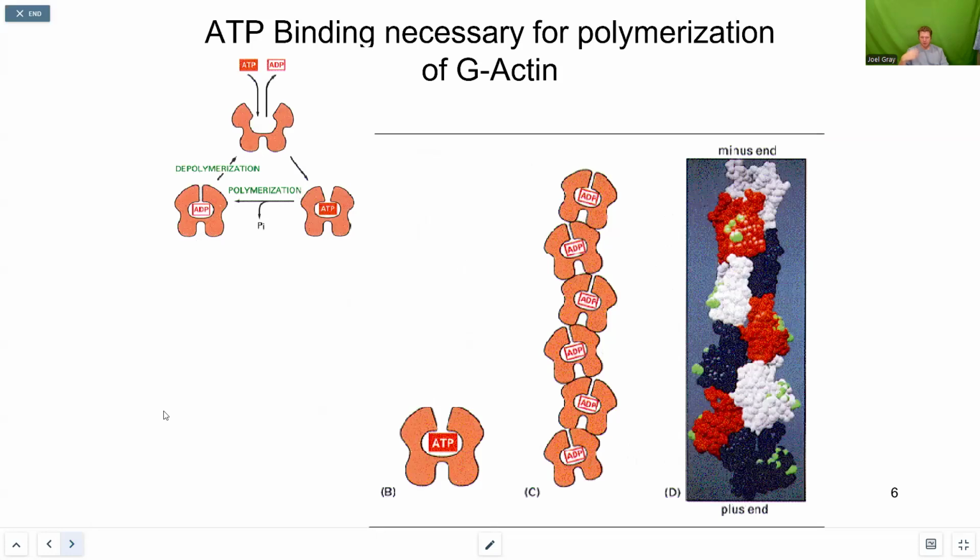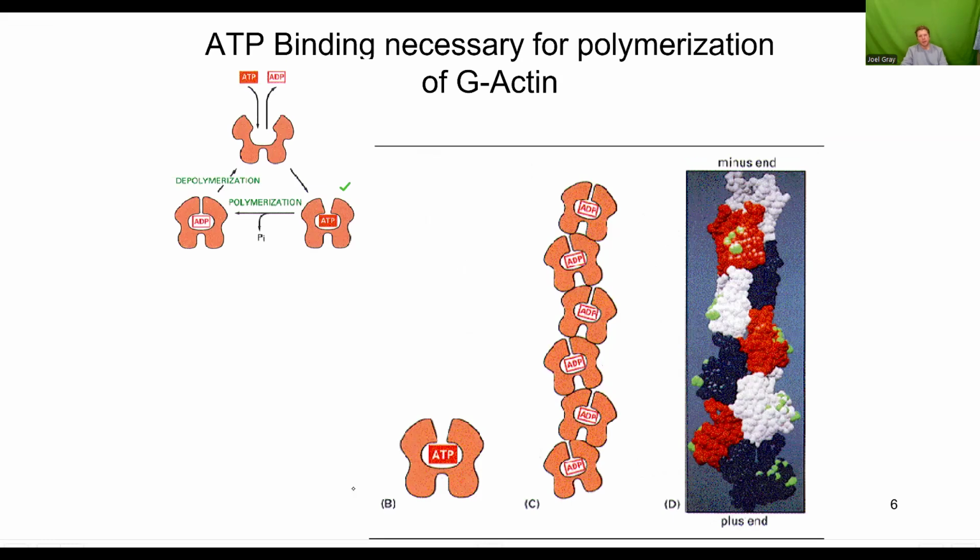Now, G-actin's role in binding to ATP is that's how it begins to polymerize. And what I mean by polymerize is not the individual G-actin protein. So imagine that this right here is one G-actin subunit. It will bind to ATP, hydrolyze that ATP, release the inorganic phosphate, and remain bound to ADP. And as long as that's bound to ADP, it will begin to assemble and aggregate with a number of